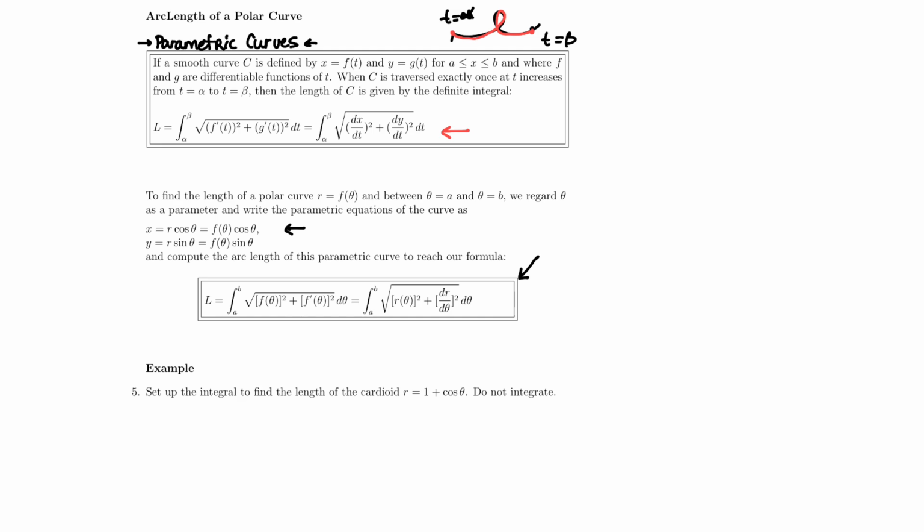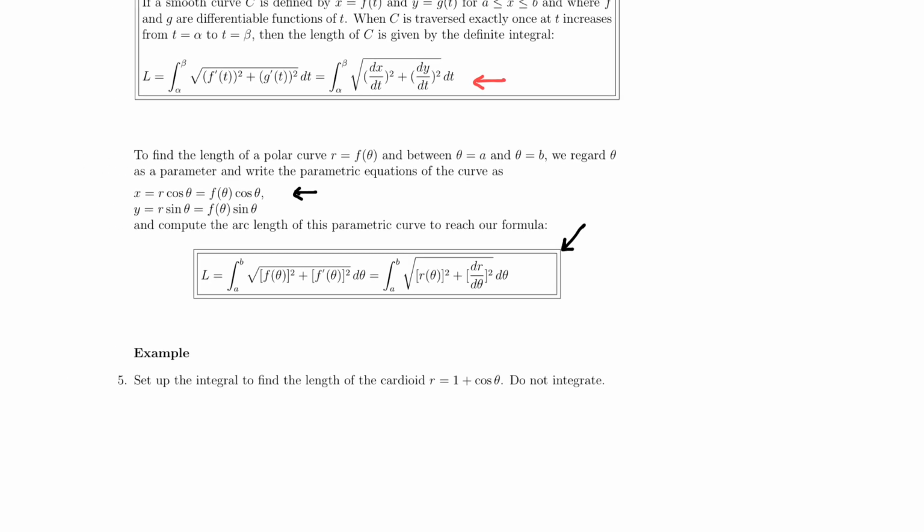So we're going to skip doing it out, but the way to get there is you would find dx/d theta and dy/d theta, and then plug those in, and that's how you would get this formula here. But it turns out that if you want to compute the arc length from theta equals A to theta equals B, or again, I like to use alpha and beta, those are my variables when I talk about angle measures, so I'm going to go from alpha to beta,